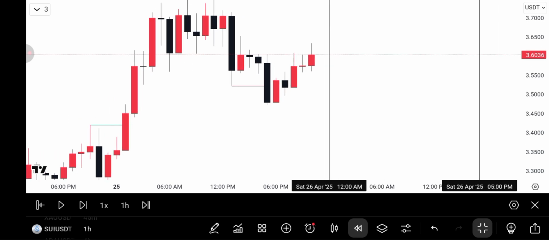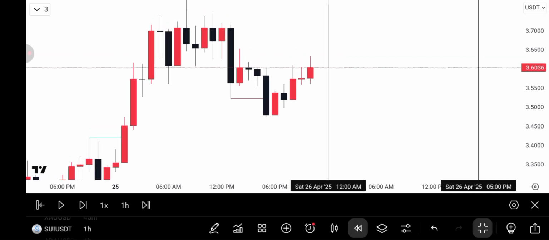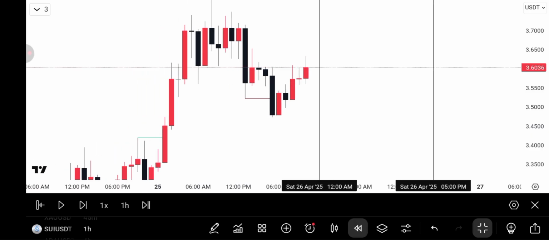Today, I want to help and break it down so that you can be able to take trade and know what to avoid and what to keep. Now, let's dive into it. Looking at this